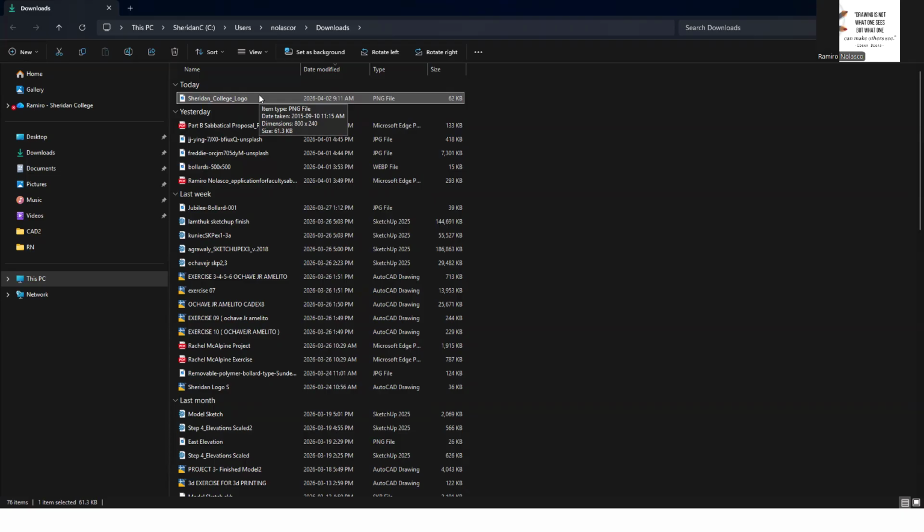Okay, so that's in pixels. So 800 by 240. Why is that important? You want to create an object, 3D object, that will become the placeholder, or that's where you're going to apply the material that you're going to be making. Okay, so 800 by 240.